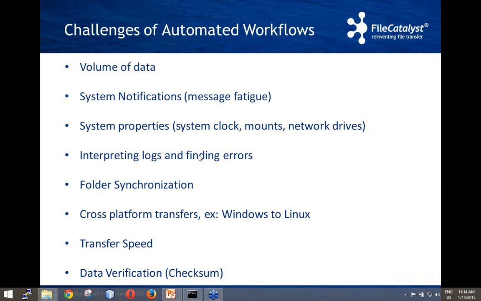Transfer speed. Once again, this is something that we work on a lot. This is sort of at the heart of our technology. It's making sure you get the maximum speed, which you may not be getting with other tools. And verification. Do you need a checksum? Do you need to do an MD5 checksum of the file transfers to deem them successful? Most of the free command line tools will not do a checksum, so you have to actually script something on your own end to do it. So these are the things you've got to think of. I'm going to try to address them with how we do this with our software, of course, so you have an idea what we do and how we do it.